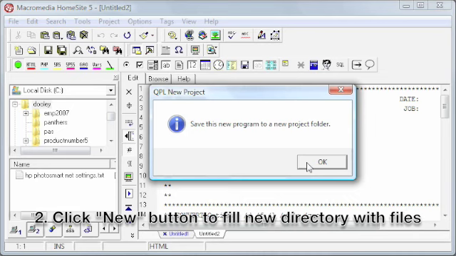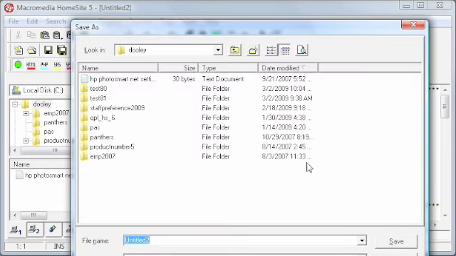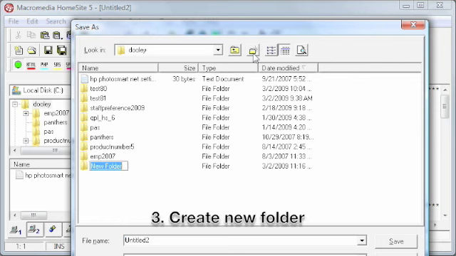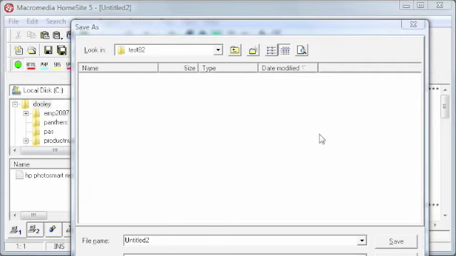So here we say OK. We want to save this to a new location. So before naming the file, the main program file that it's creating, I want to go add a new folder to my Dooley directory, and for this I'm going to call this test82 for lack of a better name. And then hit enter to finish creating the folder, and then I want to double click on this folder name to open it up. So now we are in the test82 directory, and you can see that we have nothing